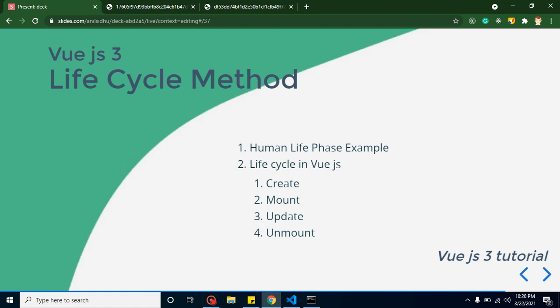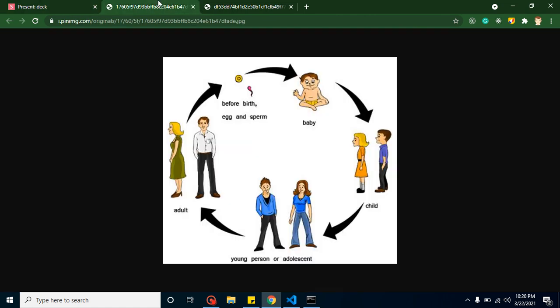If you are not good in the lifecycle methods, then you can make an application, but it will not be good and reliable performance-wise, right? And you might get rejected at the interview because of some silly mistakes due to a lack of a little bit of knowledge, right? So let's start with the human life cycle first.